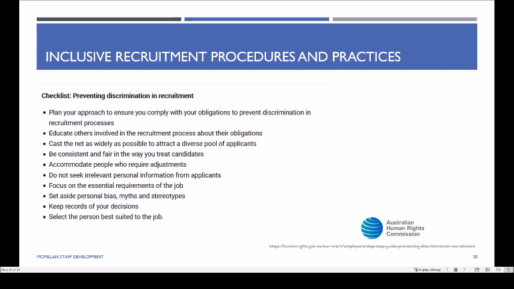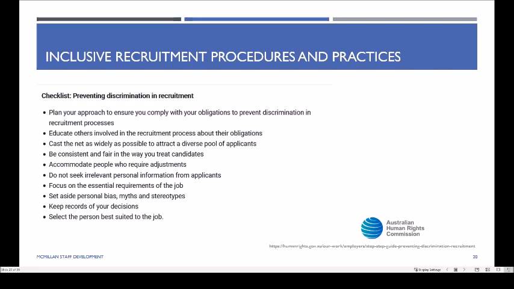So you're not thinking in your head, oh, I want someone who's this particular age, this particular gender, this particular national background or heritage. You're not thinking about those things. You're saying, I need someone who can do this particular task in this particular way and in this particular time frame, and so forth, all these characteristics that are required by the role. And once you've got that, you can then start to recruit against it.